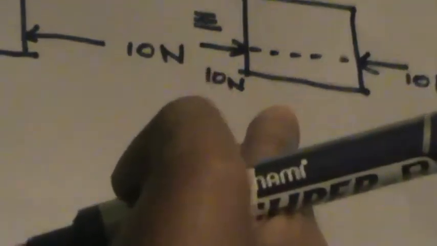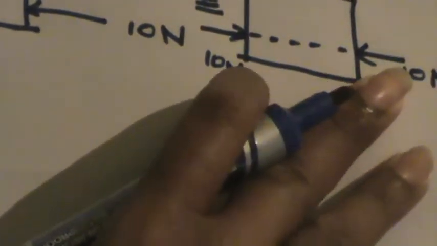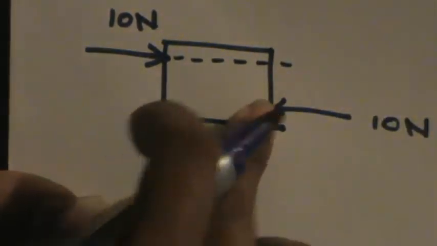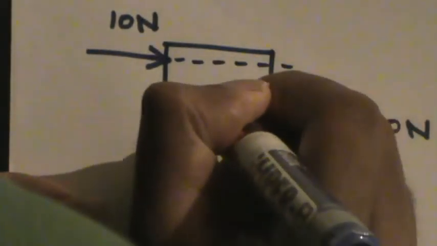So what I actually mean by this is that now these two forces are facing each other, and they have the same line of action, right? The line of action of this force is along this dotted line, and the line of action of this force is also along this direction but opposite, along the same line of action. But in this instance, this force of 10 newtons has its line of action in a position like this, and the other 10 newtons has its line of action like this.